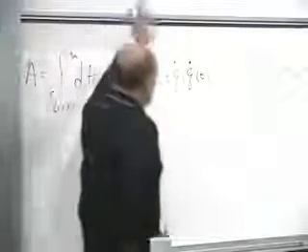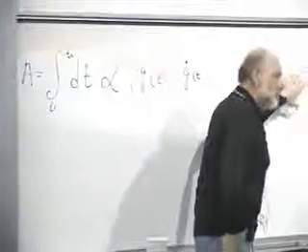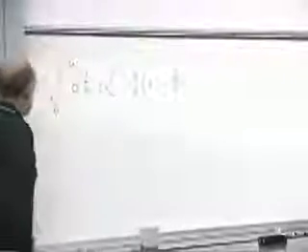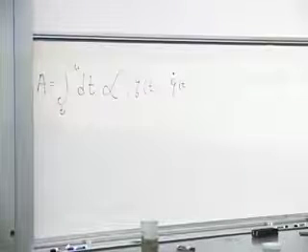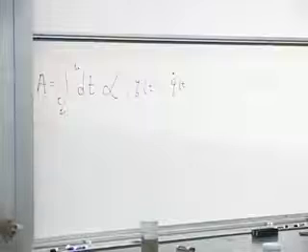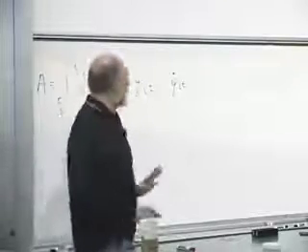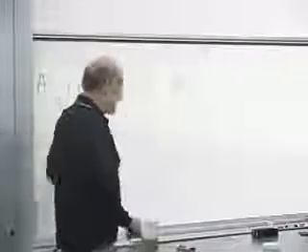So far, I'm not even going to use the fact that it's T minus U. I'm just going to leave it to be any function of q and q dot. The question is, how do we find the trajectory which minimizes its action? This is a problem in the calculus of variations.